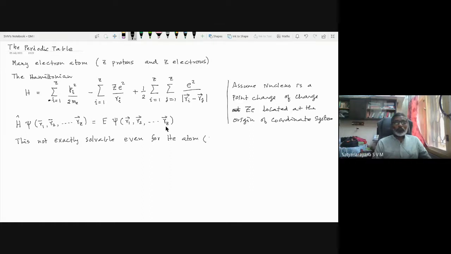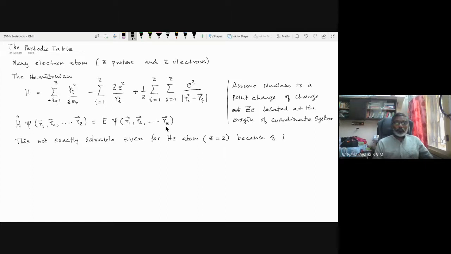And what is the speciality of the helium atom? Helium atom has Z equal to 2, that means it is a two electron atom. Even for that, this is not exactly solvable. And why is this not exactly solvable? Because